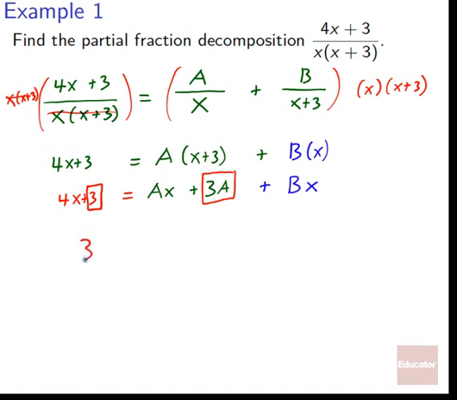So that tells us that 3 equals 3a. So what's our a? We divide both sides by 3. We get 1 equals a. So now we've figured out what a is. What about the other part? Well, we've got that 4x